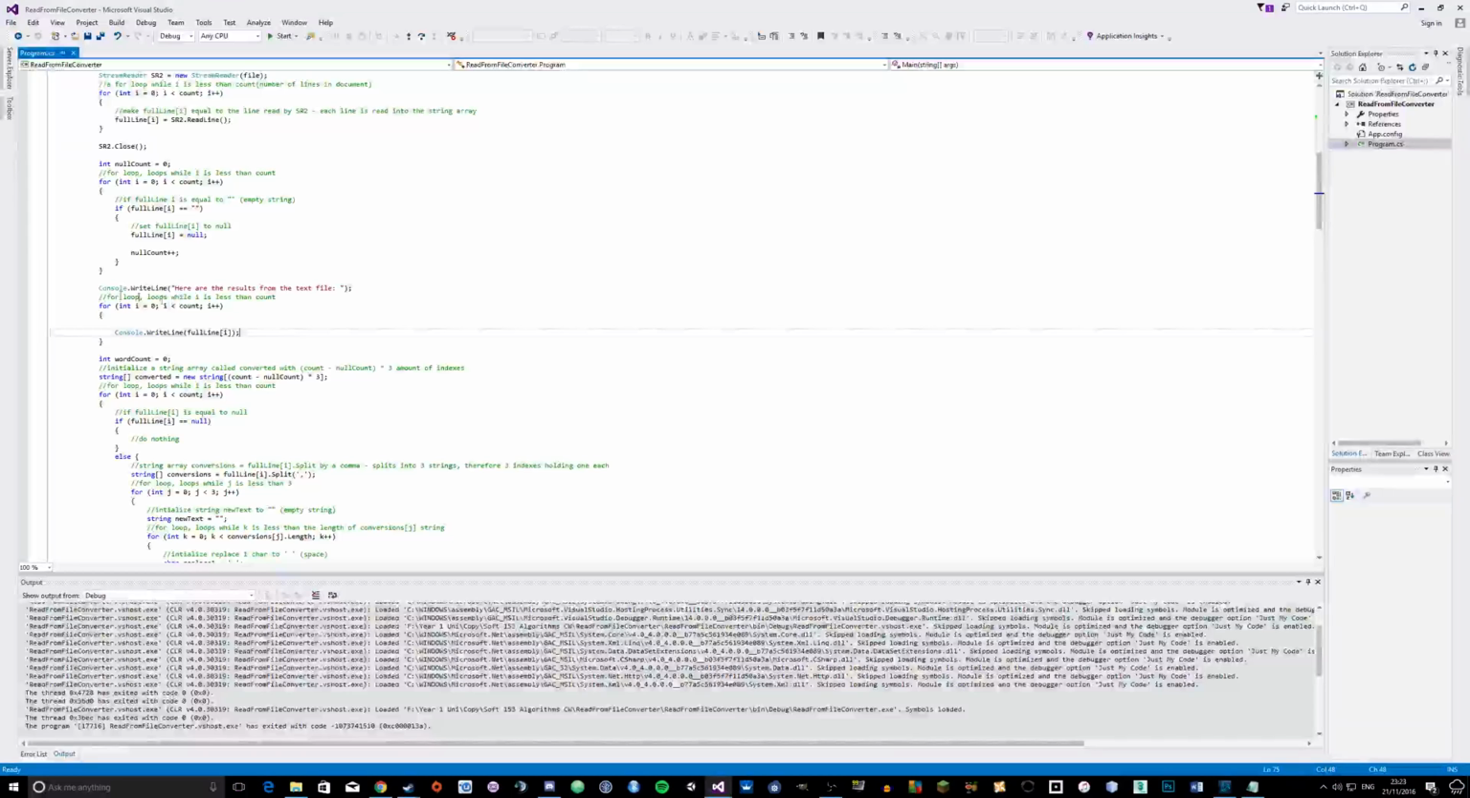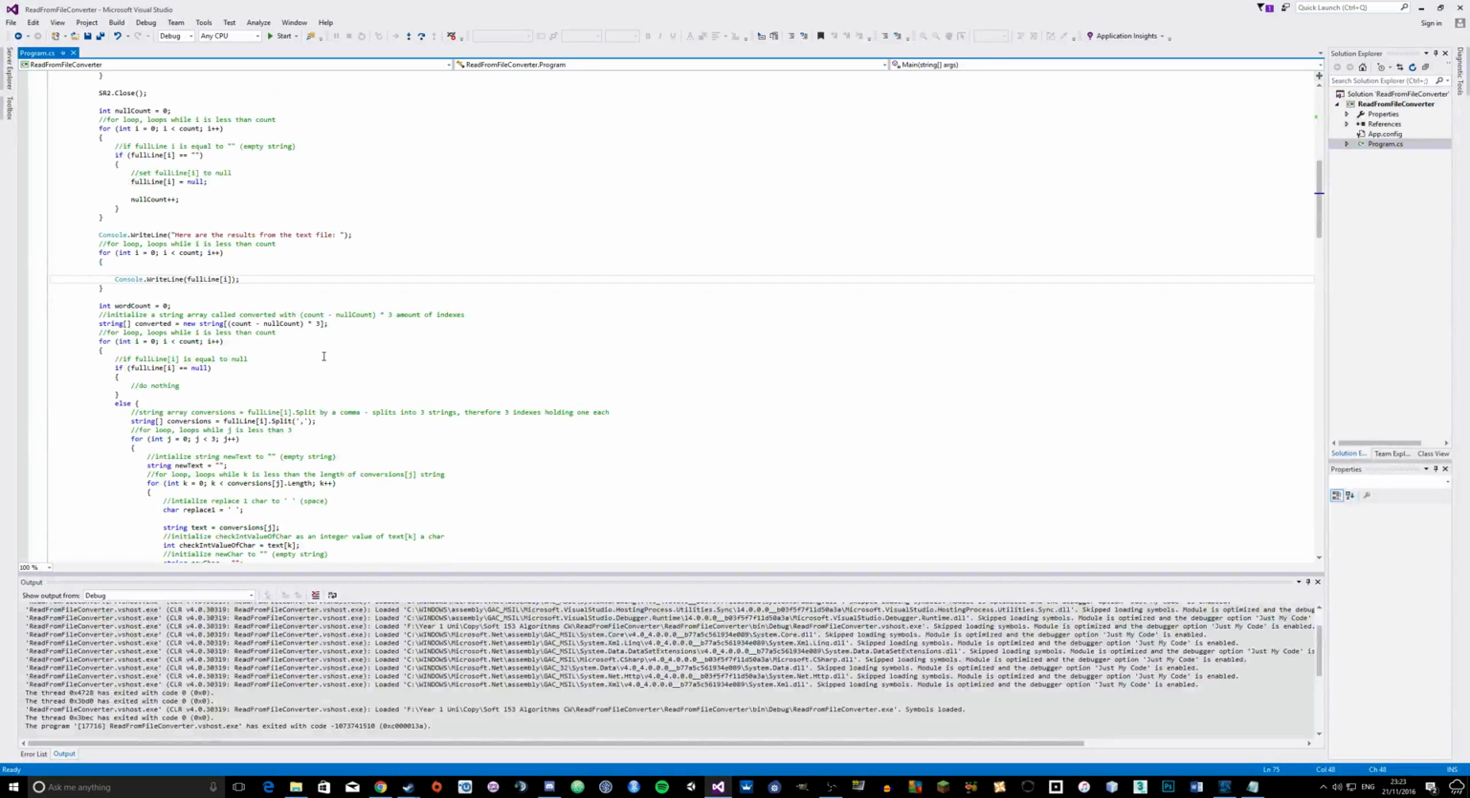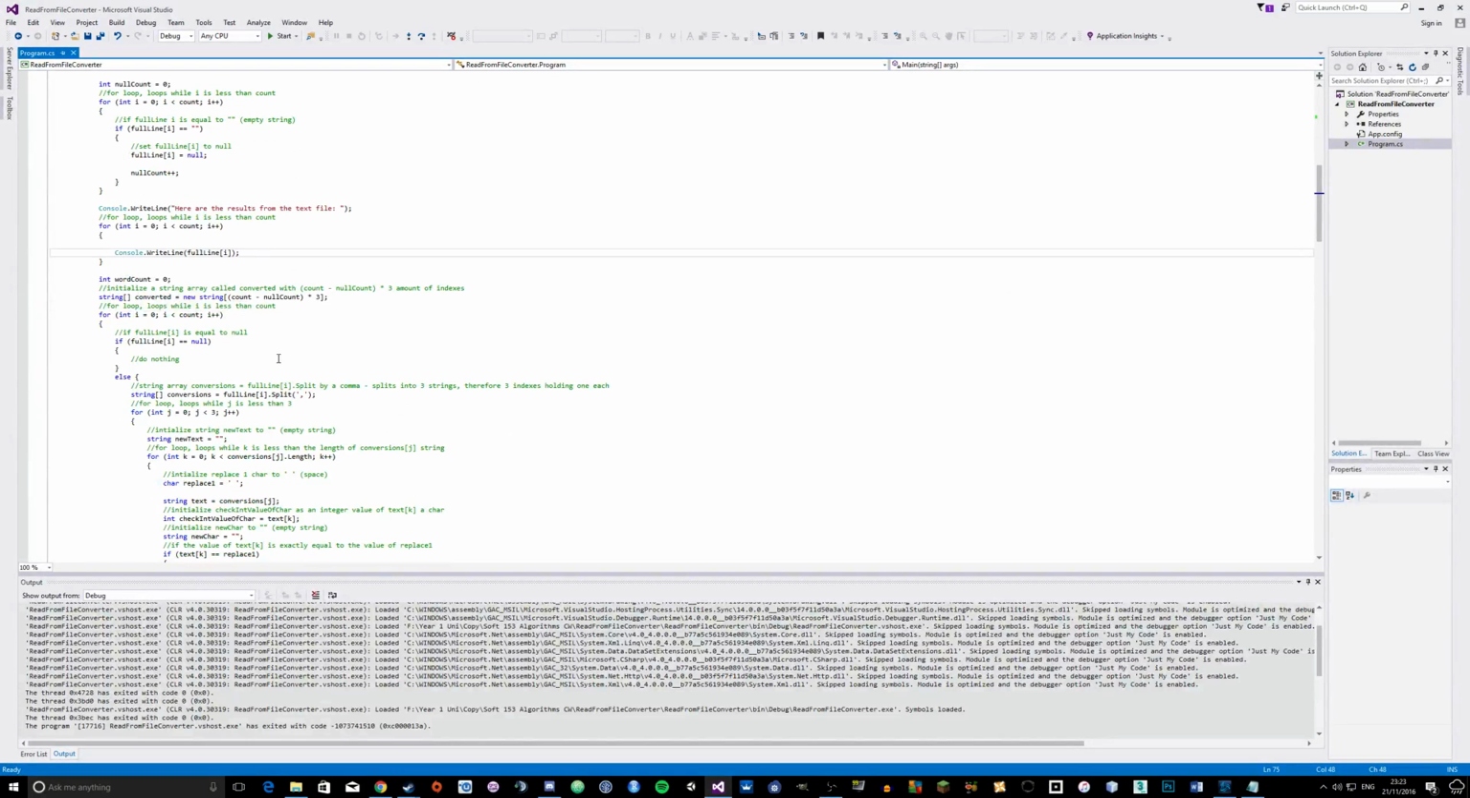So if we're carrying on here, got a nice little output there. Here are the results of the text file, shows you everything you need to know. Then it goes through the array, writes each line out so you can actually see what the results are. Then I initialize word count, and